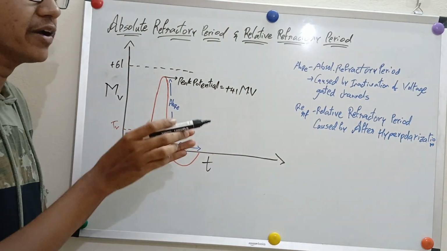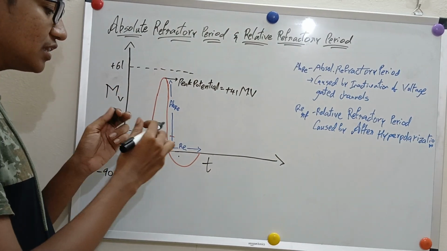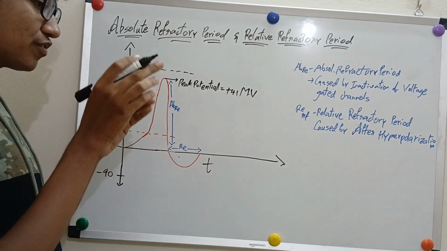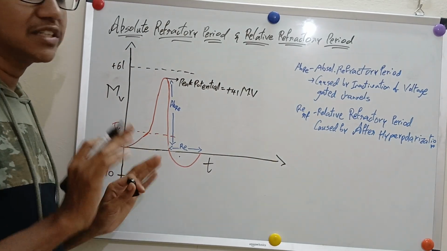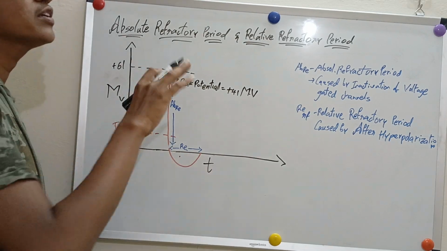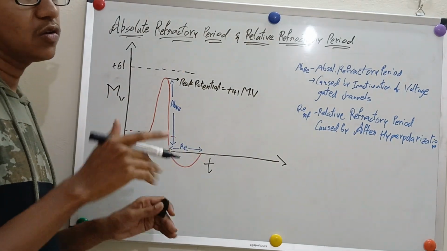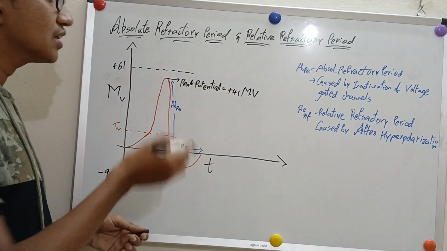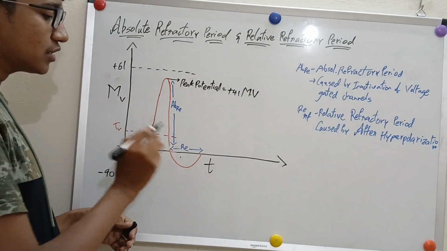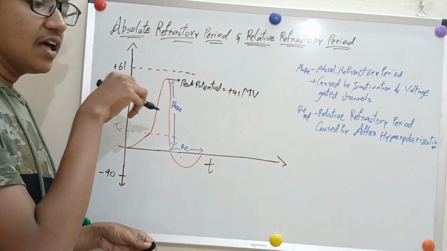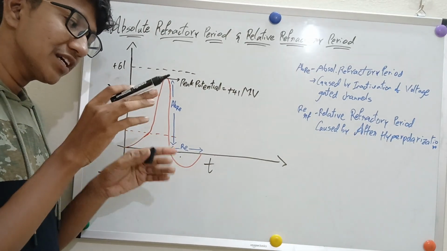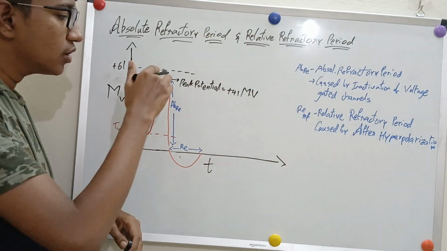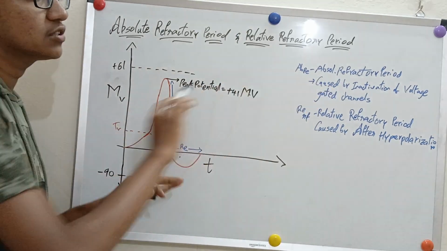When the voltage gated sodium ion channels are in an inactivated state, slowly they transfer back to the deactivated state. During this transfer from inactivated state to deactivated state, the voltage gated sodium ion channels are closed, as both the inactivated state and the deactivated state are closed configurations. So from the peak potential to the resting membrane potential time period, the voltage gated sodium ion channels shift from inactivated to deactivated state, both closed. So in this time period, voltage gated sodium ion channels are closed.